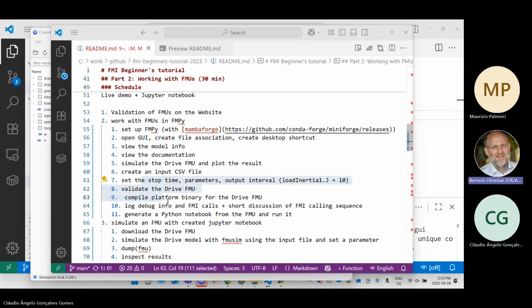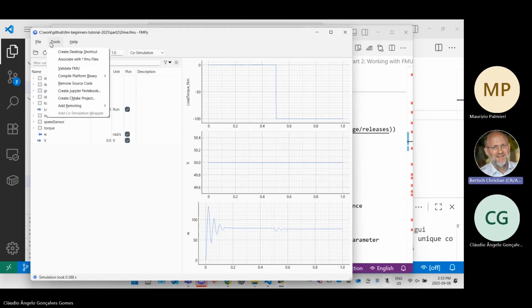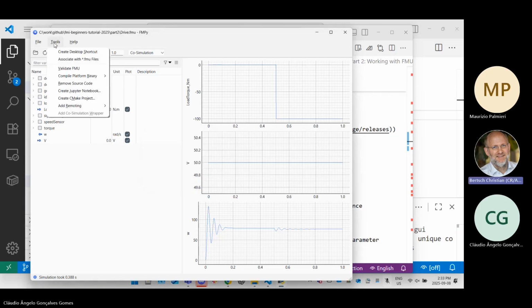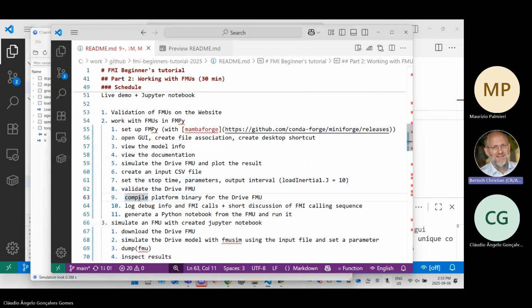Right. Oh yeah, you can validate this FMU as well from here. On the tools menu, you can validate the FMU. So no problems have been found. This is the same as the web app that you saw. And you can also